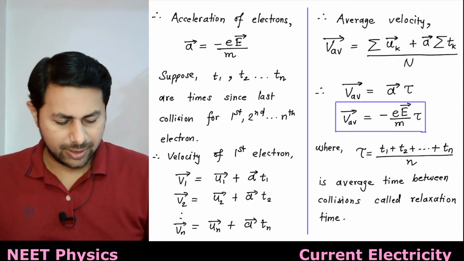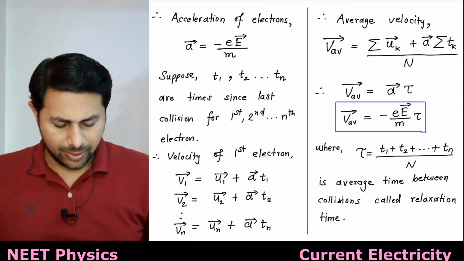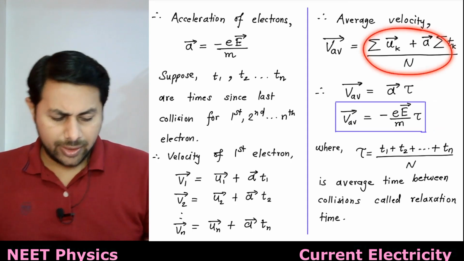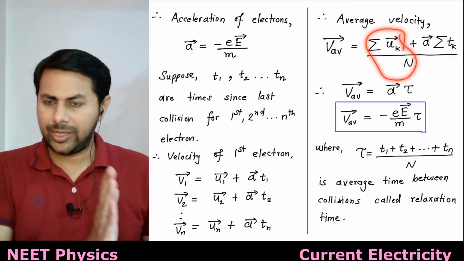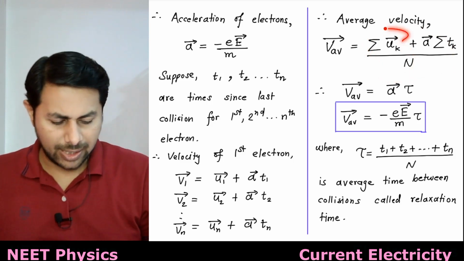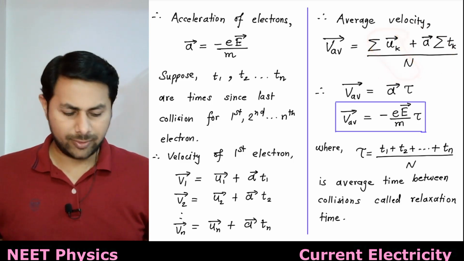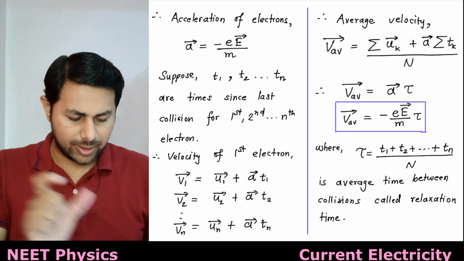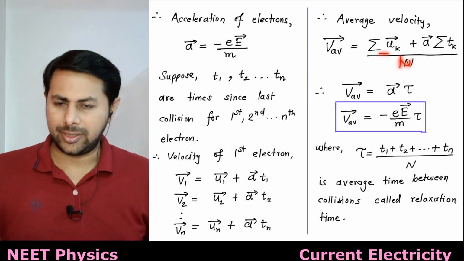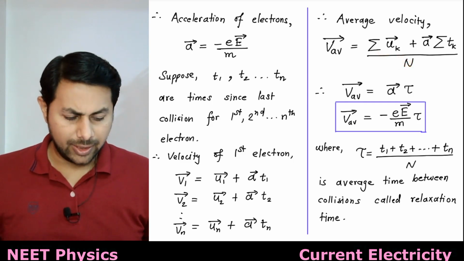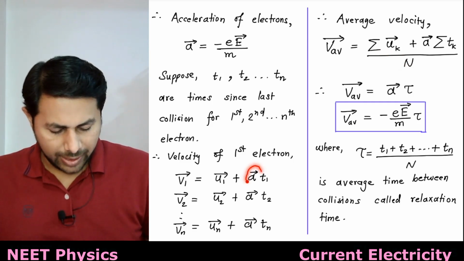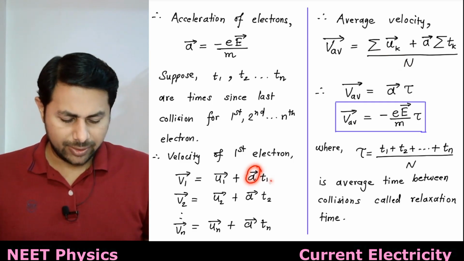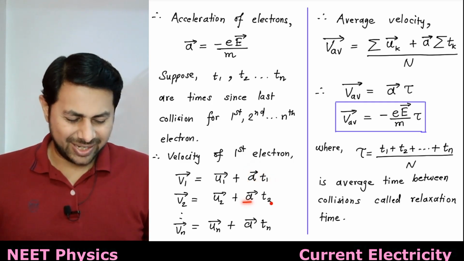Capital N is the number of electrons. We have already taken the average before we applied any electric field, so this average is equal to 0, right? The sum of initial velocities divided by N is equal to 0. Then what remains is a times t1